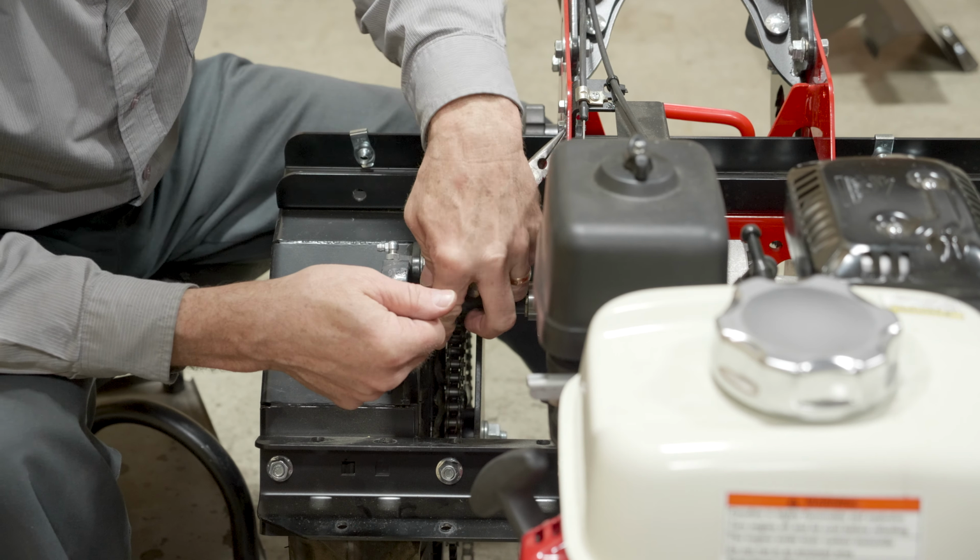Okay, so what I just encountered here was a little difficulty getting out this Woodruff key. Normally, on a new machine, it should slip out. It may require a little tapping, as I showed, but this unit has been out in the field, it's been used a while, and so this is a good teachable moment for me as service manager and for anybody listening, that if this key is difficult to come out,